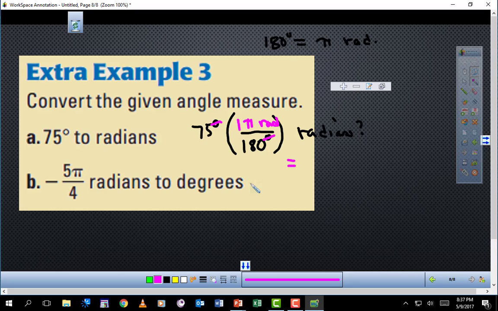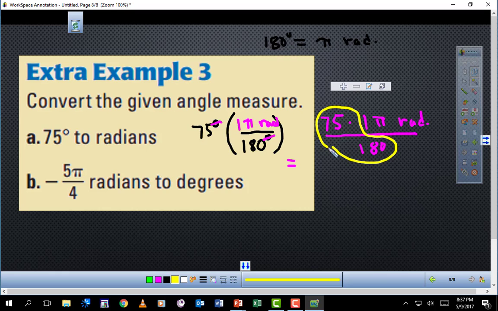You see, what does this equal? Some people get confused here. Let me put my eraser here. This is equal to 75 times 1 pi radian, divided by 180. Well, to do this, if you want, you can do this part in your calculator, okay? So 75 divided by 180 is equal to,